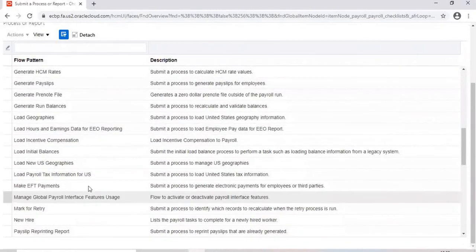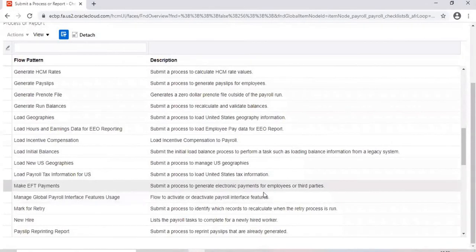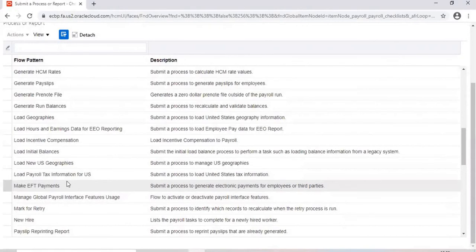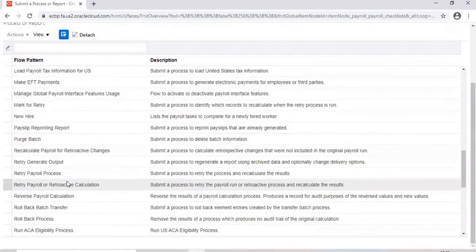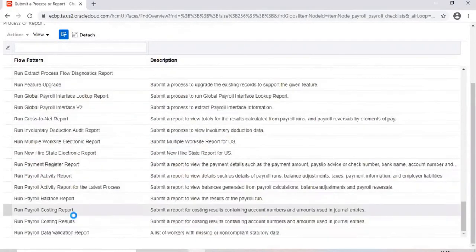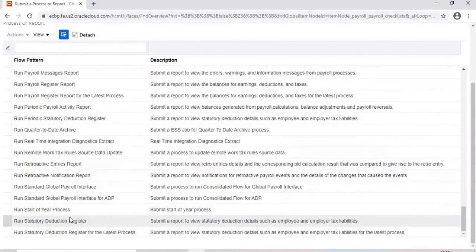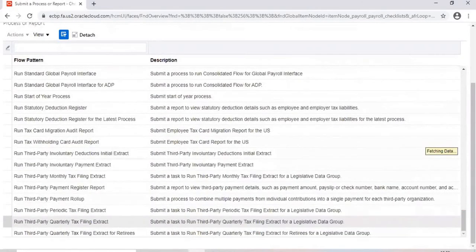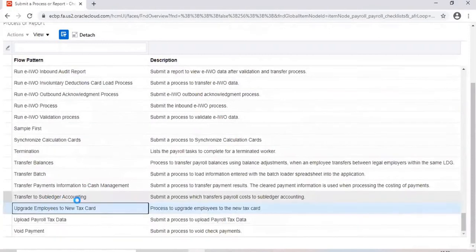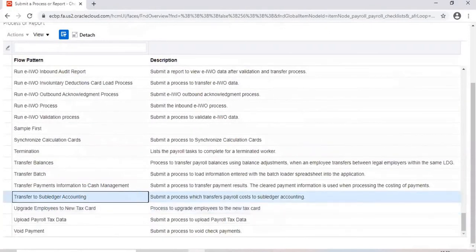Then you can say make EFT payment. Make EFT payment is nothing but this will actually pay the salary to the employee. I will tell you what happens when you run that process. Then finally you are going to say transfer to subledger accounting. This is the final process.